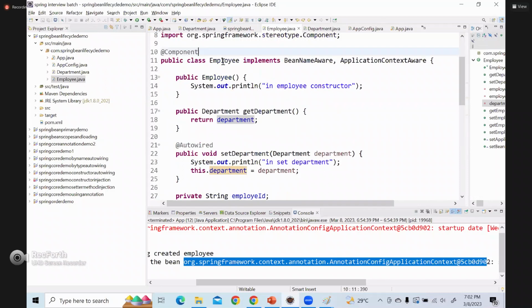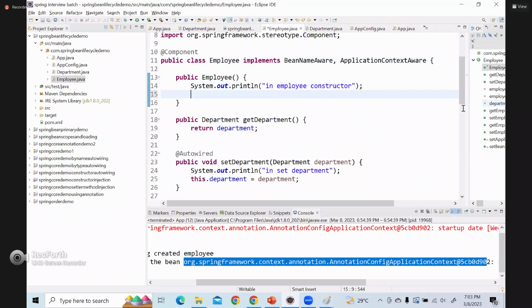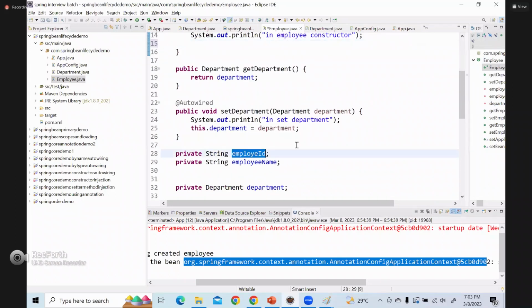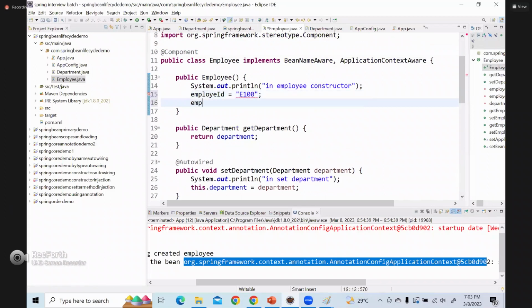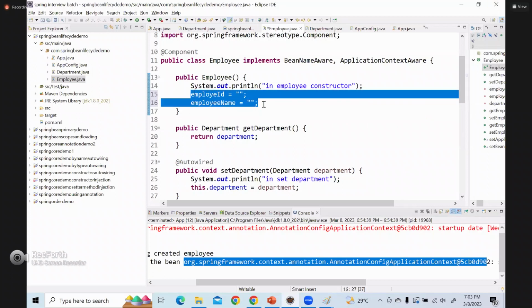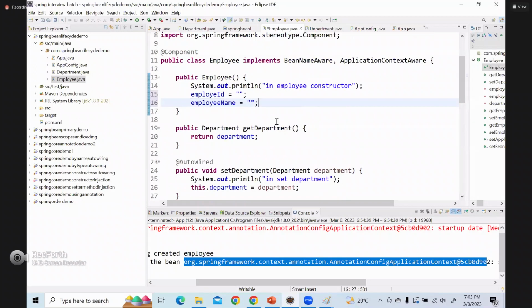In the constructor of this class, we can initialize employee ID equal to some E100, employee name, something like that, okay? Or I can just initialize first an empty string. After that, when the object is created, I'll assign. I can do it like this, but I cannot actually initialize department